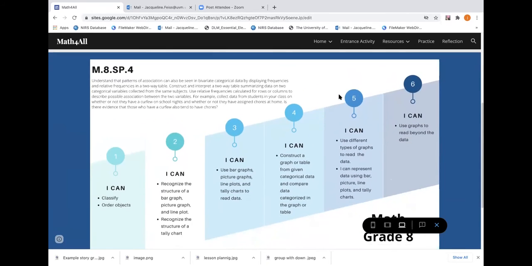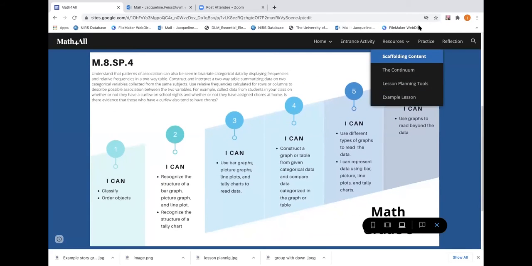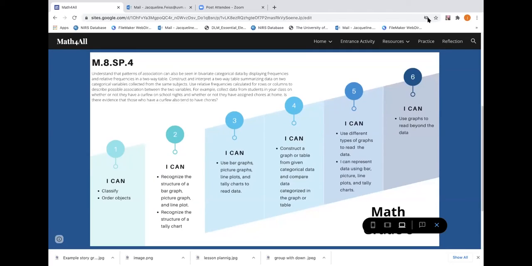This is Tammy Myers. I like how you can see the big picture of this standard from a very basic level to a much more complex level, and all the in-betweens. I like the big picture visual.